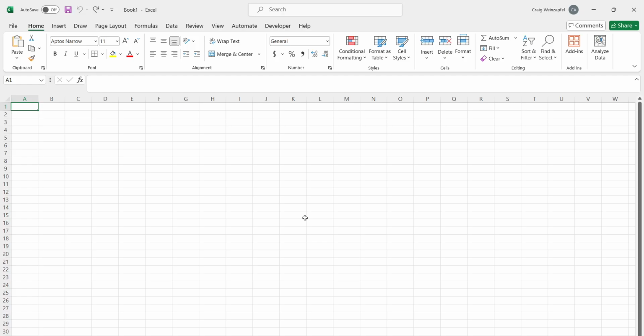Hello everyone. Today I'm going to show you how to get the name of a worksheet within your Excel workbook. This is the easiest way to do it. It empowers you to use VBA and come up with your own functions, do things your own way. And it's not near as complicated as some of the other ways you'll see online where you use a cell